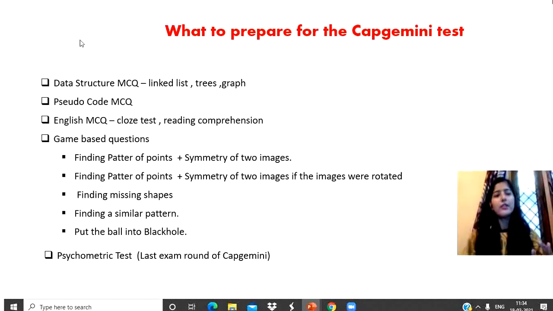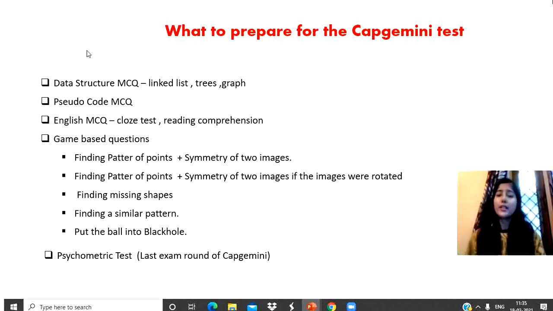And for the data structure and pseudocode rounds, since it's the last time, I won't suggest you prepare any new topic. Just go through the videos that we have on online study for you and revise them all. Go through all the basic concepts like array and stack. In stack you can go through the operations performed, that is push, pop and so on. Students are getting questions from these operations. From queue, stack is based on LIFO, queue is based on FIFO. These kinds of questions are possible that you can get.